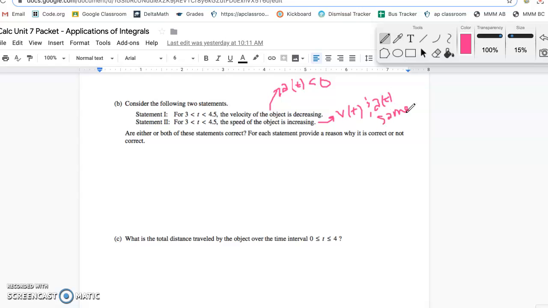So either they're both positive or they're both negative. All right. Are either or both of these statements correct? For each statement, provide a reason why it's correct or not correct. So statement 1,